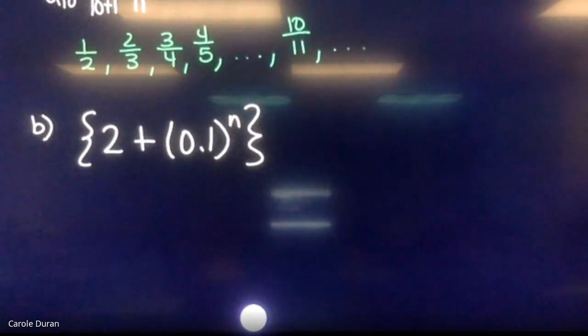Again, I would like the first 4 terms, and I would like the 10th term as well. You might want a calculator for this. I mean, you can do it without a calculator, but